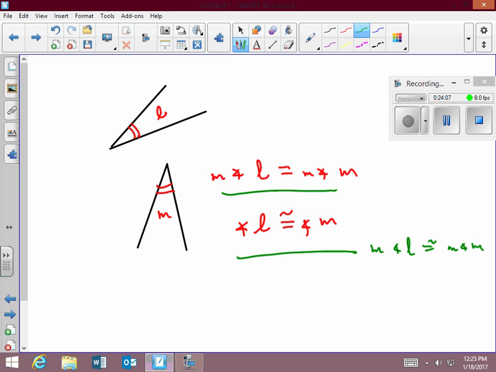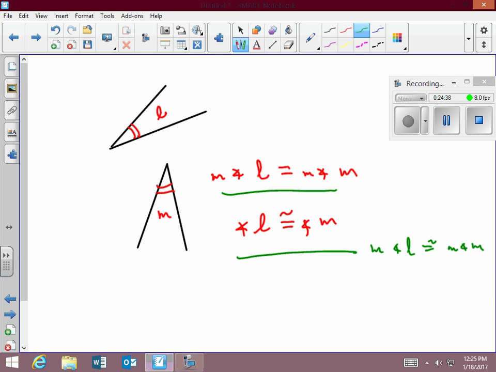Now, complementary angles, it's probably pretty familiar to you, are angles whose sum of their measures is 90 degrees. And supplements are angles whose sum is 180. Now, the angles do not have to be adjacent to be complementary or supplementary. But if you do have adjacent angles,